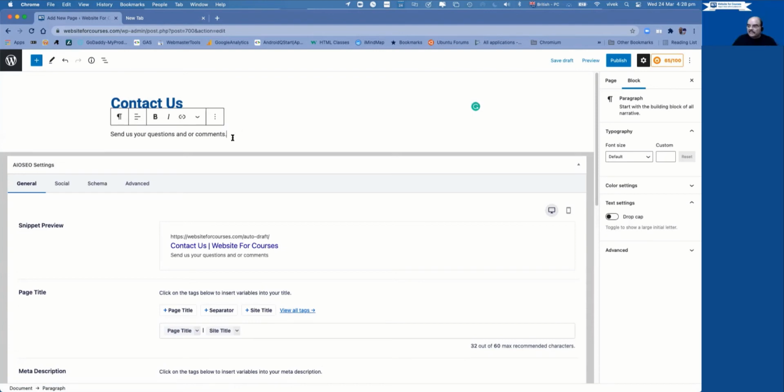So that's the introductory text. It can be however long as you want it to be. So for now, for us, I think that's good enough. We might change it later on, but I can also add the other ways they can contact us, maybe phone, snail mail, etc. All that can go here.